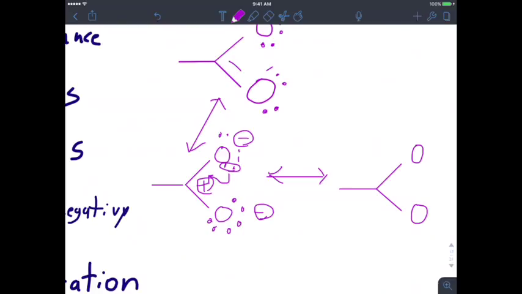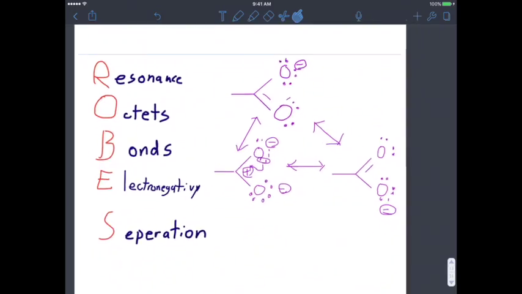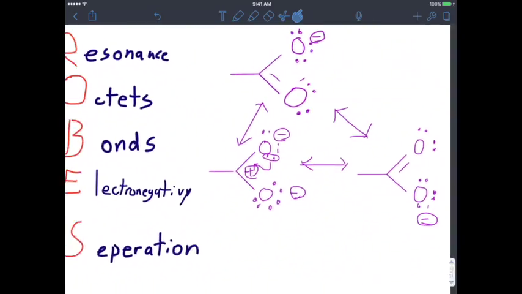But now I moved and created a new bond here, a pi bond. I still have all the same electrons on this oxygen for a total of 3 lone pairs, so it's still a negatively charged state. This lost its charge, but now it's just neutral. So that made up for the breaking up that we did earlier. So these three would all be resonance structures of each other. Now to decide the major